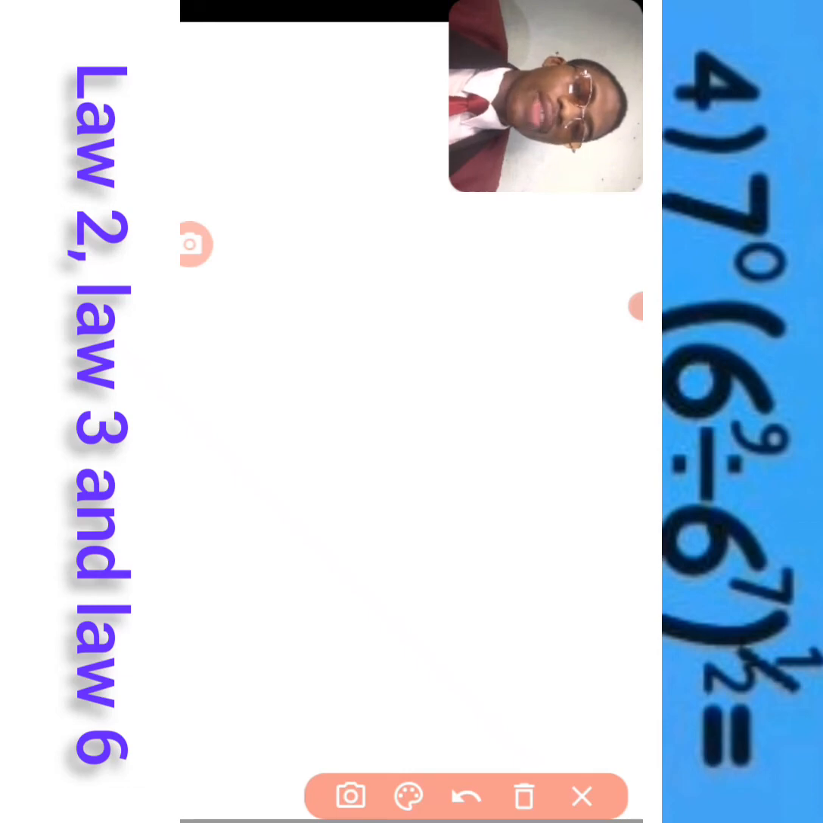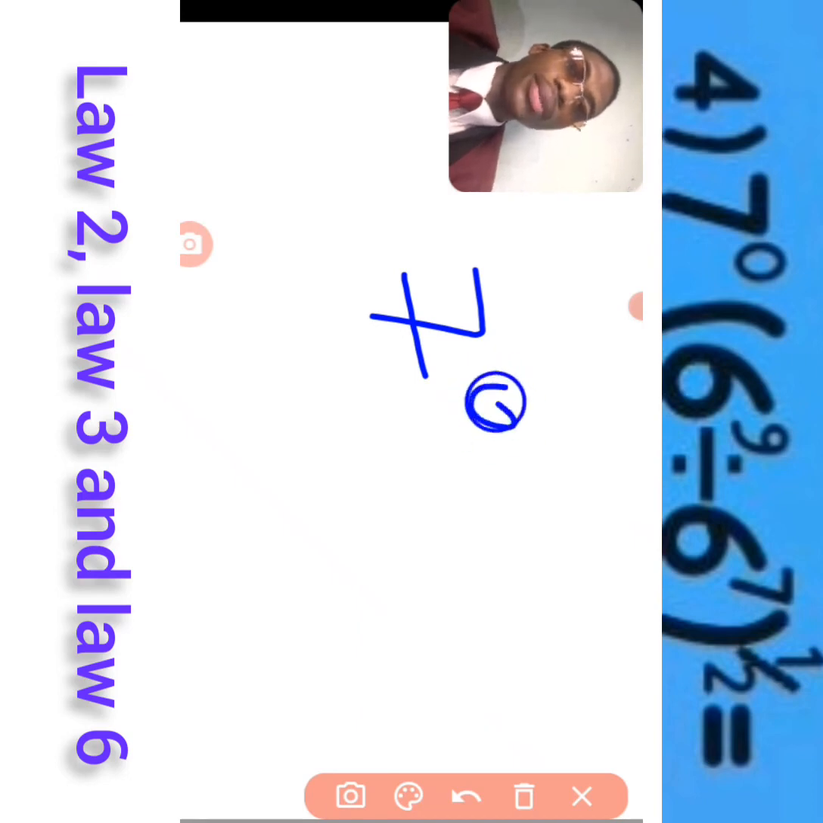And in question number 4, it is a combination. In this question, we are going to use the third law of indices, law 3. We shall use law 2 and law 6 to solve this question you can find on your screen. We're going to use law 3, law 2, and law 6 to solve this question. And first, we'll apply law 3 to tell us that 7